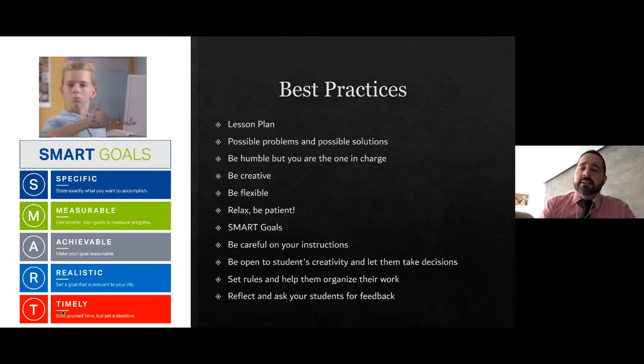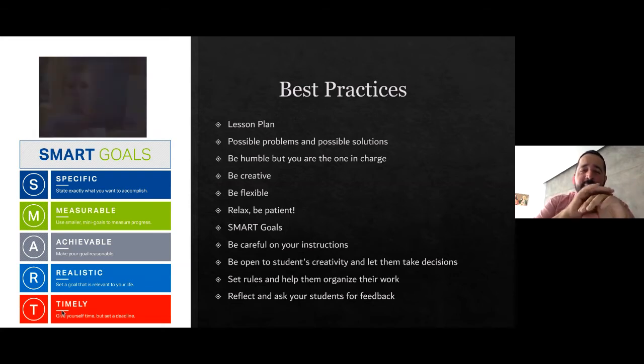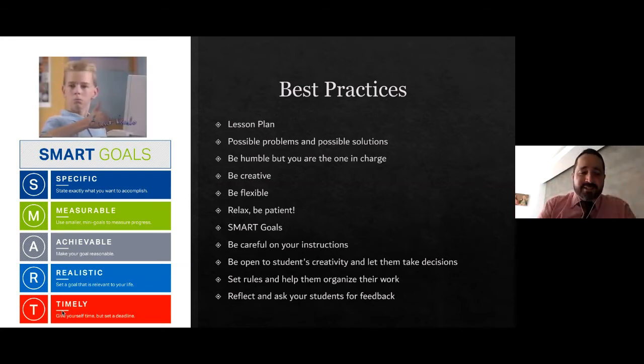They could fix any issue that you have in just 5 seconds, right? So in that case, my recommendation is be humble. Accept their opinions, accept their participation, right? Let them help you. It's not any problem. But you're the one in charge. That doesn't mean that kid is the teacher. You are the teacher. So you are the one who's in control of the class, right?